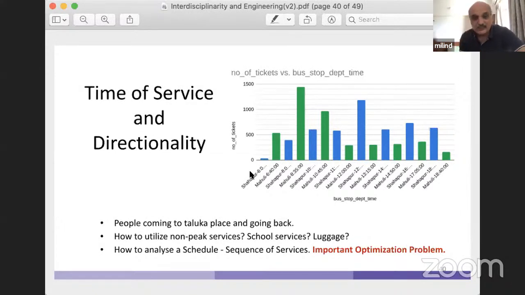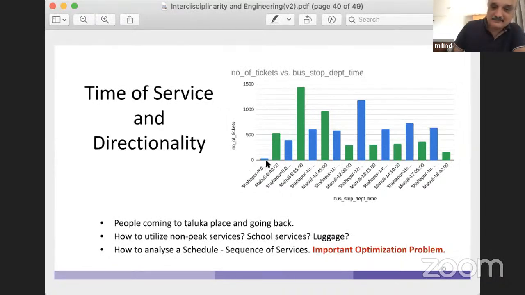You'll see that more buses are punctual leaving Shahpur than coming into Shahpur. If the bus is not punctual, ridership will suffer. So this tells you the connection between ridership and punctuality. So how do I schedule the services so that ridership improves? These are also nice